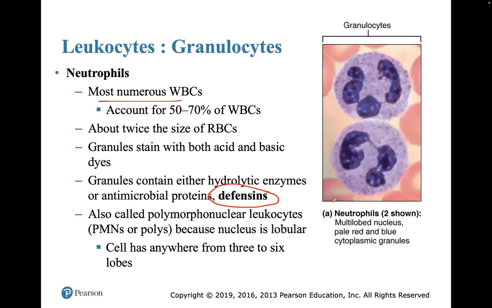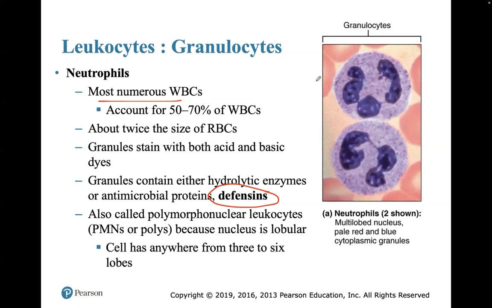Whenever we have some form of infection, neutrophil is the first one that will come and try to control that situation. Suppose you have a bacteria in your body, the neutrophil will be there first, and then will start secreting defensin so that the bacteria can be phagocytosed. If they cannot do it, then only they will go for other types of defense